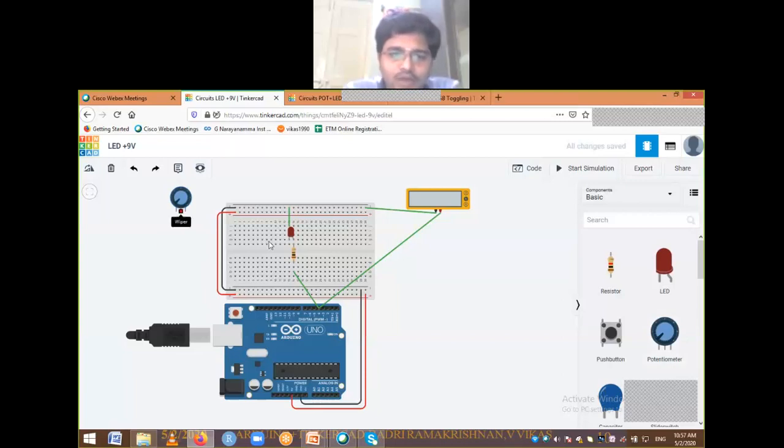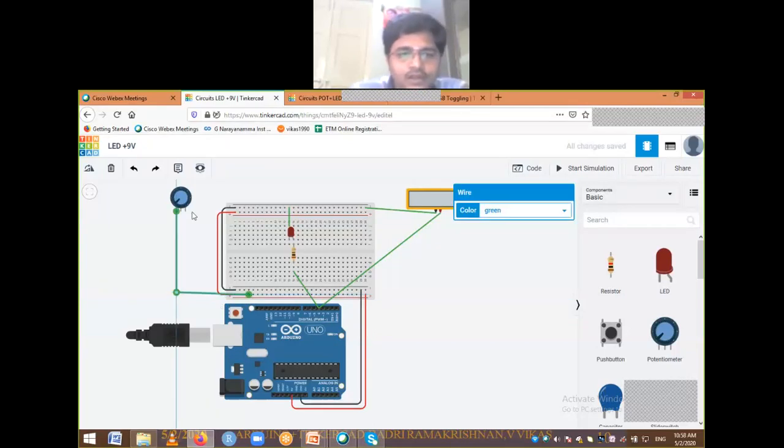For example, to identify an LED, practically when you are doing it, you won't know which is anode and which is cathode. But you see here, when I place the point over here, automatically it says this is anode. Okay, so this is terminal 1. I want to connect this one with the positive supply. And this one I want to connect with negative.